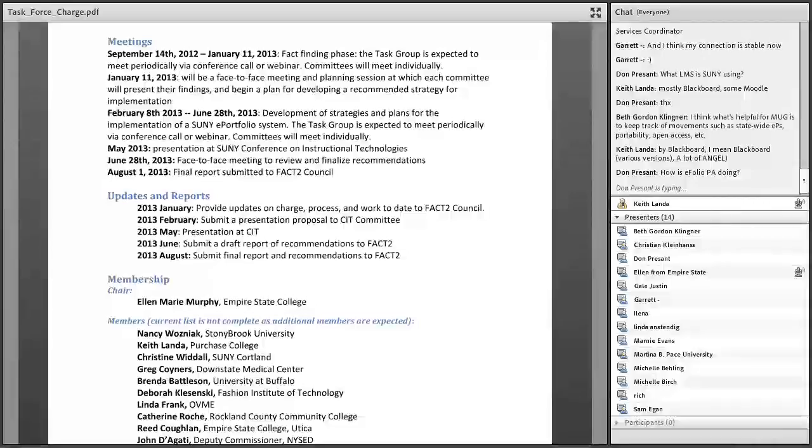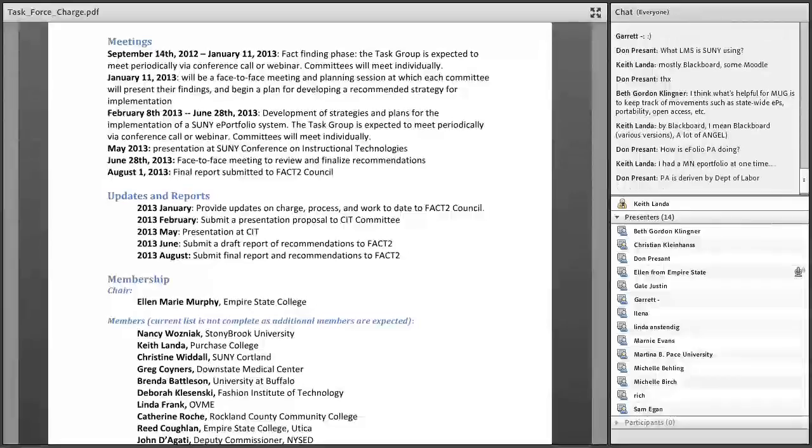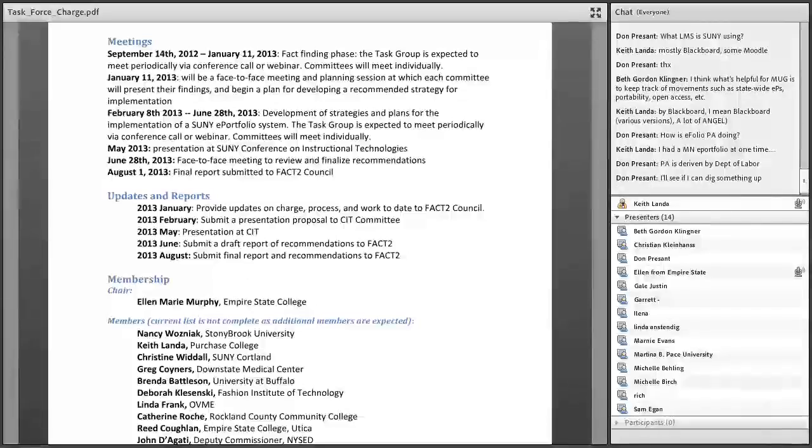I do want to bring in someone from Australia to talk about their workforce ePortfolio initiatives, because I think that will get us in the right direction. Oh, it's driven by the Department of Labor. Got any contact information over there, Don? I was hoping to get somebody from the Department of Labor on our committee. Okay, good. Thanks.